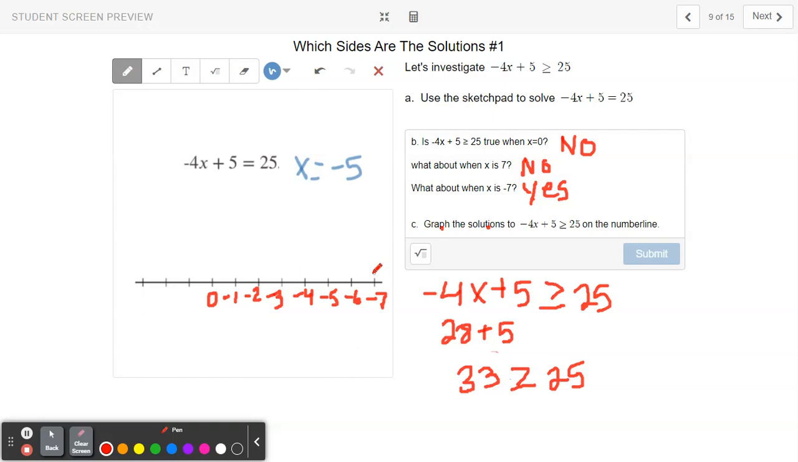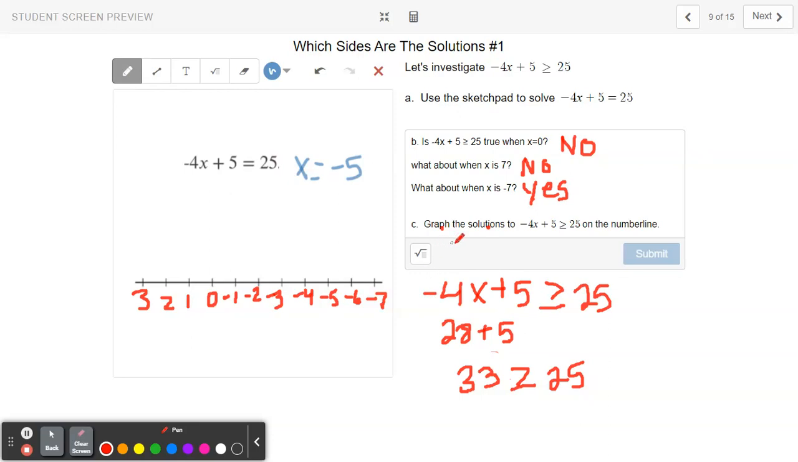We know negative 7 works, right? We know 0 didn't work. Anything higher than 0 is not going to work. So for this to actually be true, the numbers have to be, if you put negative 5 in here, that